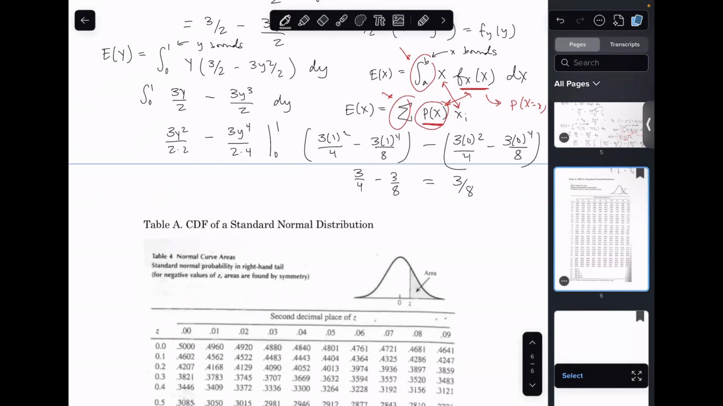Last thing you might be asked on this is to find the CDF of this joint, given a joint density function, right? CDF for x, for example, but we already went over how to do that. And then the other thing you could get asked is to find the correlation coefficient. So